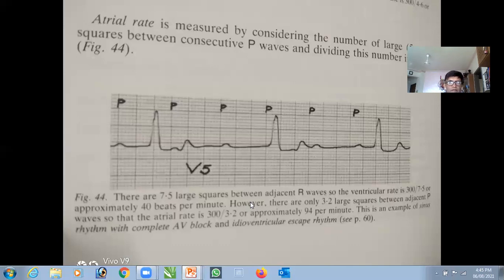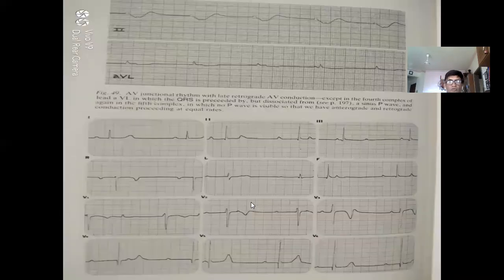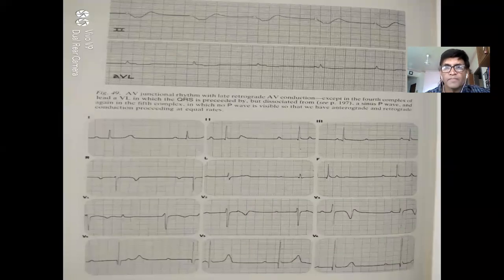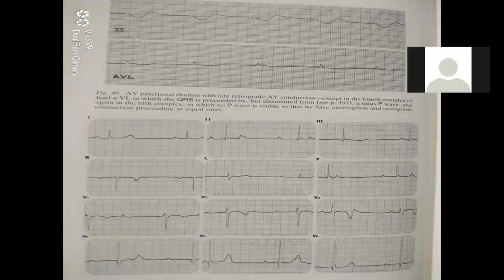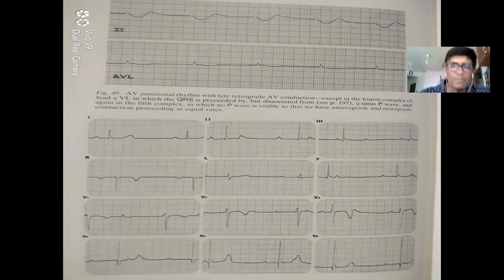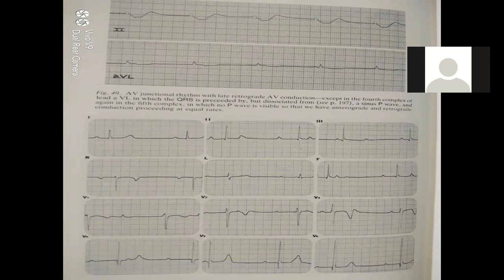Anyone has heard this name? No, sir. Can you repeat, sir? What's the name? Wenckebach. I don't know whether it is there, there's a picture I'll show you. Is it interesting? Heart blocks seem easier than the previous ones. Yeah, exciting. That's why I told you, read your normal ECG. If your normal ECG is clear, what is not normal is abnormal. Then your next job is to find out what is abnormal. Correct?